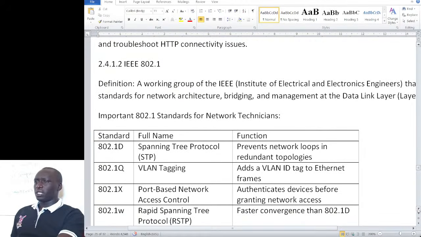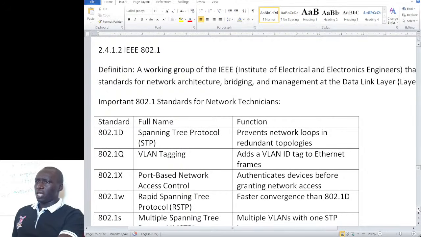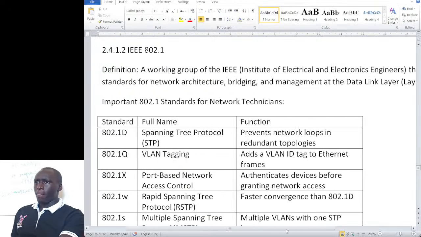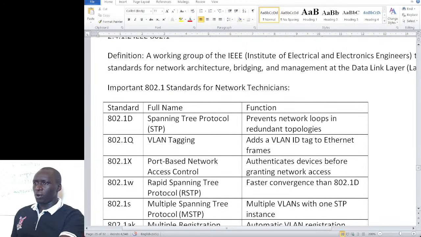We also have another one known as the IEEE 802.1. This is a group; IEEE is the Institute of Electrical and Electronics Engineers. It's a standard that is used in network architecture, in bridging and management, and it is used at the second layer of the OSI model, which is known as the data link layer. For technicians, we as people who will be dealing with networks, it is important to use this standard because it is going to help us in 4 different